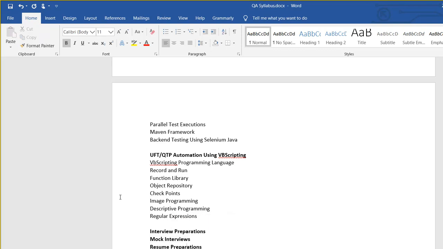I'll be sending you some sample resumes. Based on these sample resumes, you'll be preparing your resume. You'll be sending it to me, and I'll review it. Once I give a final go, you have passed the mock interviews. Then I will be discussing how you will be applying to jobs, where you will go, and what you will be looking for to apply for a job, all of these things. So that is the total syllabus of this course.